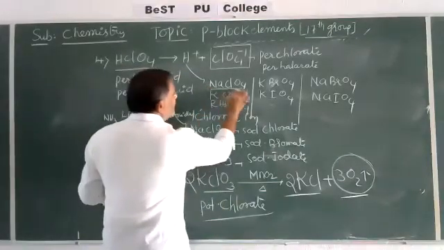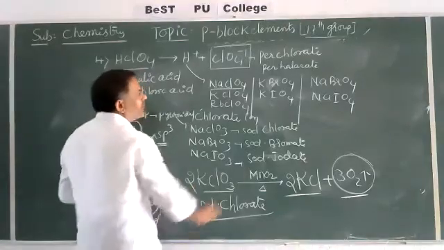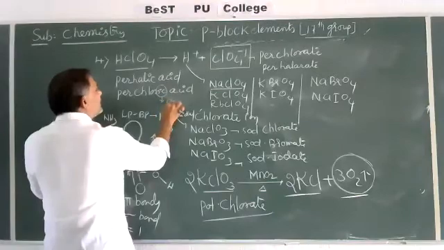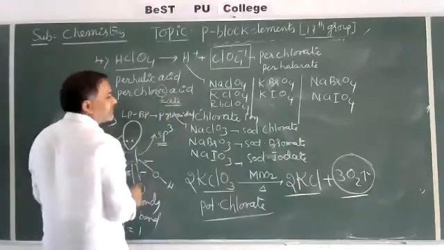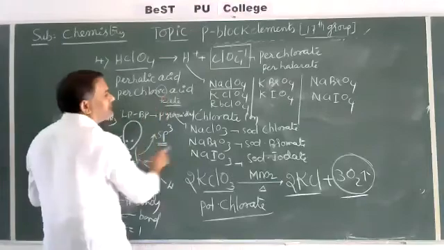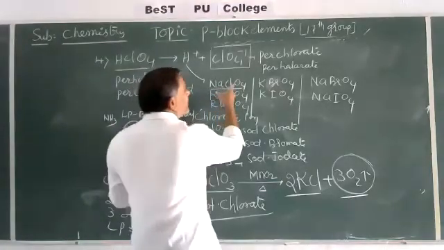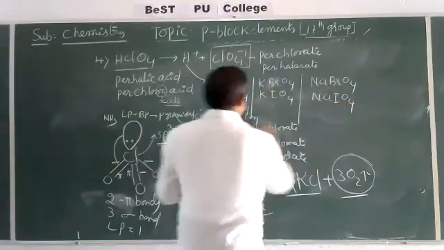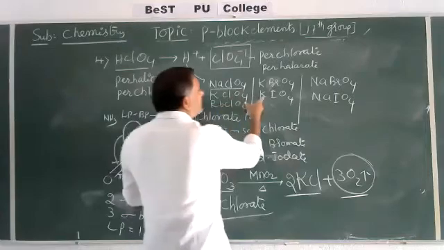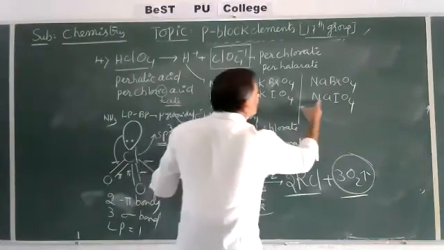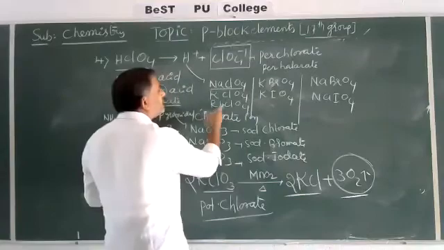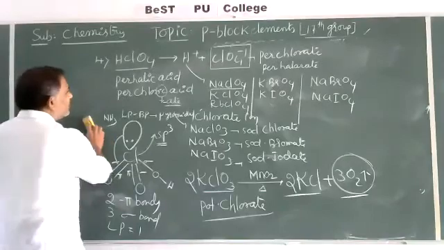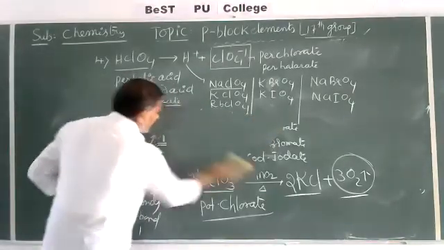Sodium perchlorate. Because here IC is there, IC is converted into ATE, chlorate. OUS is converted into ITE. That's why sodium perchlorate, potassium perbromate, sodium perbromate, potassium perchlorate, potassium periodate, sodium periodate, rubidium perchlorate. Names are very, very important. Then finally, its structure, last.